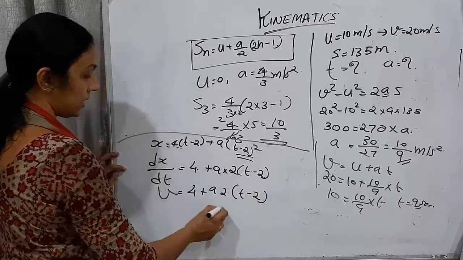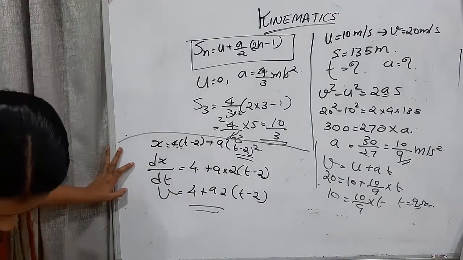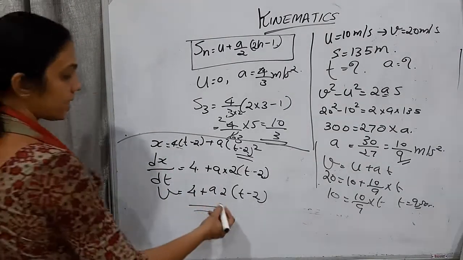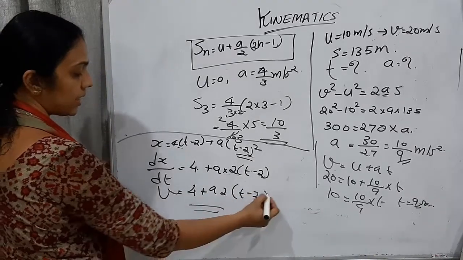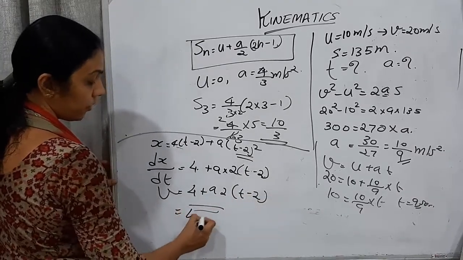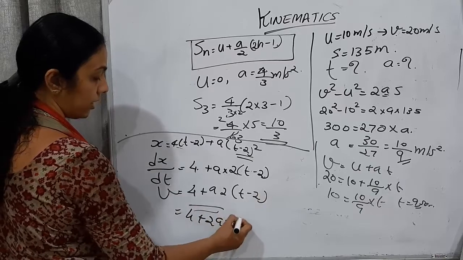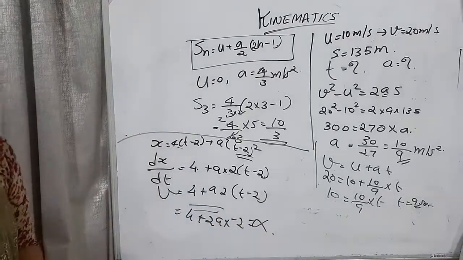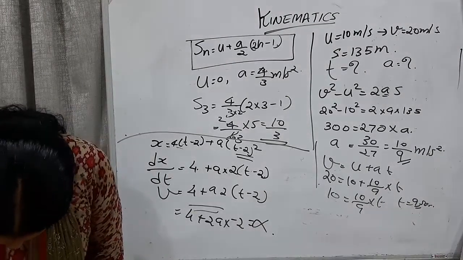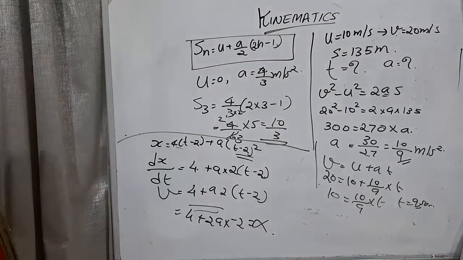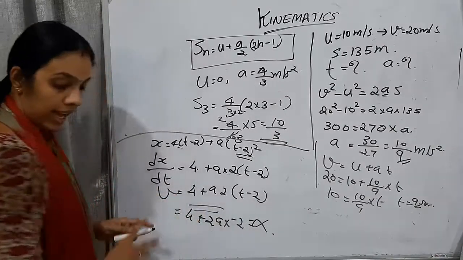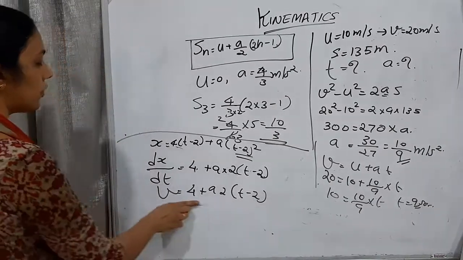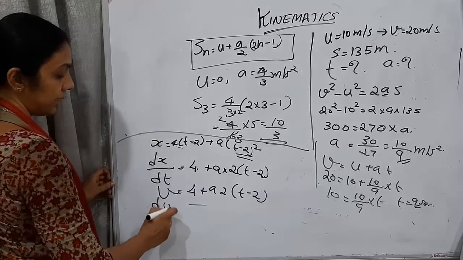This is velocity. Here the option says initial velocity of the particle is 4. Time is given as 0. Therefore, when time is equal to 0, it is 4 plus 2a into minus 2. So it's not equal to 4. That option also we can eliminate. Next one, acceleration is 2a. What should we do for finding out the acceleration? We already got the velocity, right? So now we can move on to the acceleration, dv by dt.